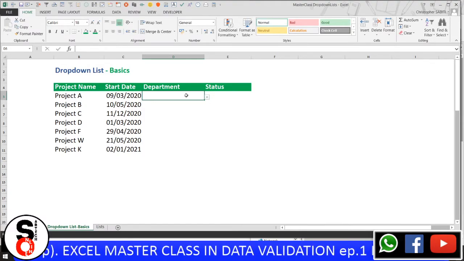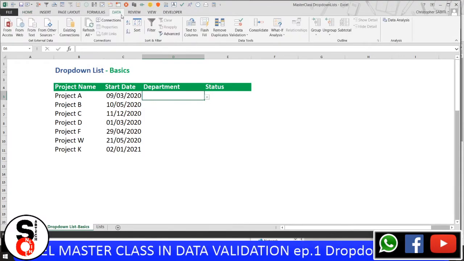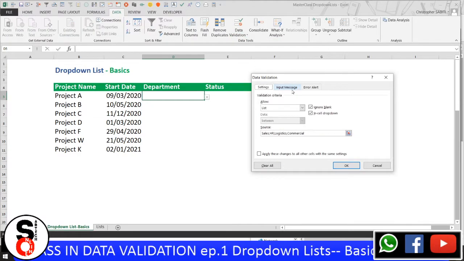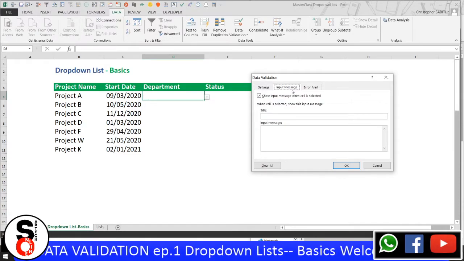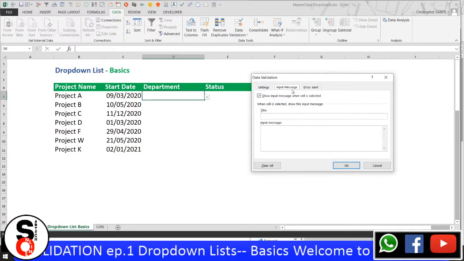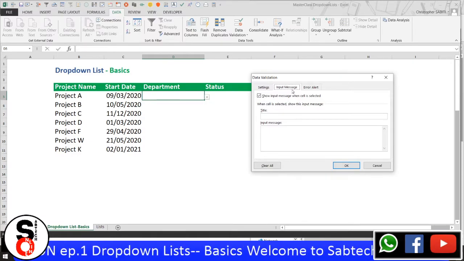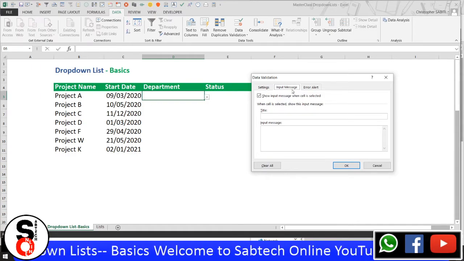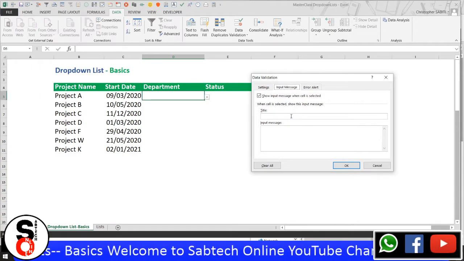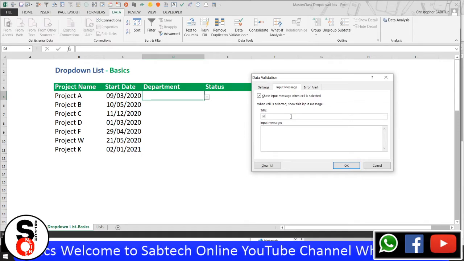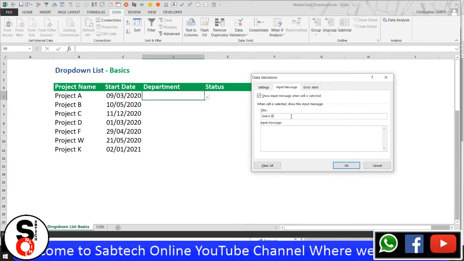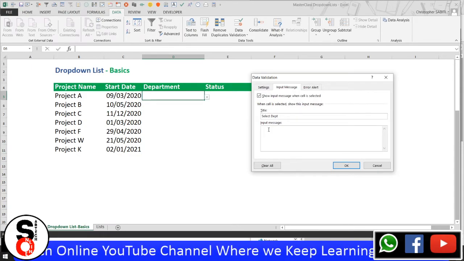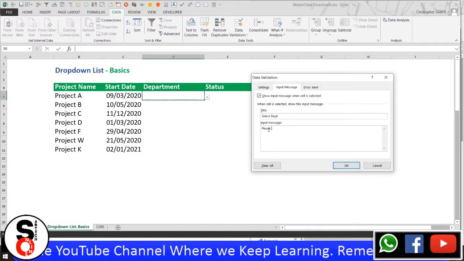We have those options going back to data validation. Then on input message, you can customize the input message the user has to look at, such that they always get it as a hint on which data to select. So here we can put select department, then you give a hint to the user. Please